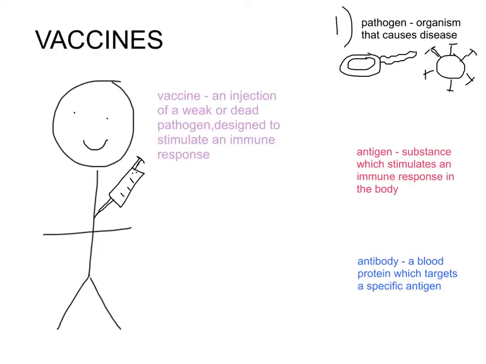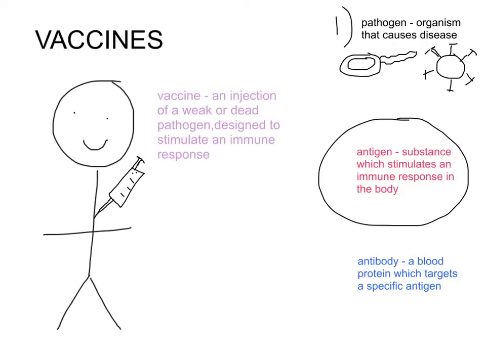I want to talk about what that actually does to the body. Now, on the surface of that pathogen, so let's say it's a virus particle, so you're having a vaccine against a particular virus. What you do is you give them a sample of this virus, and on the surface of that viral particle are these